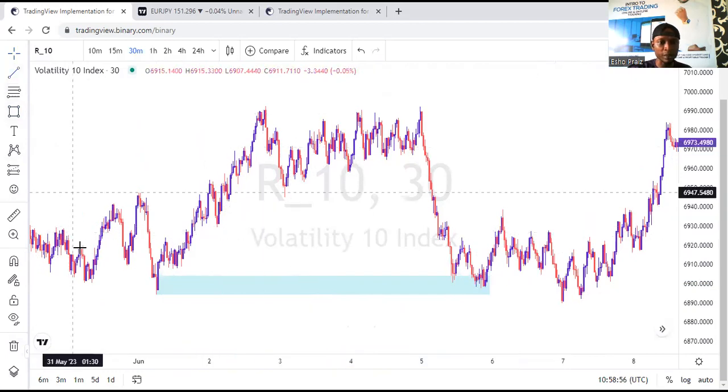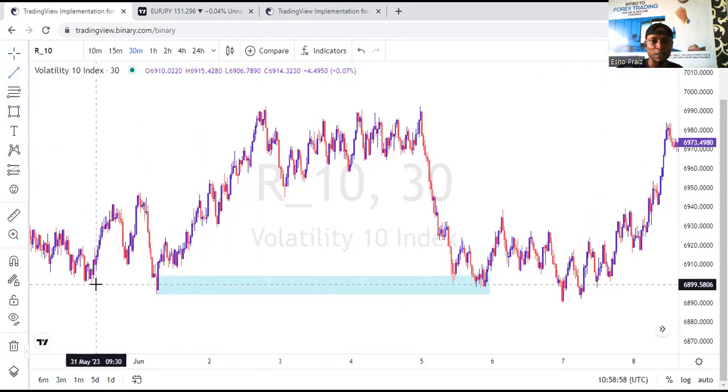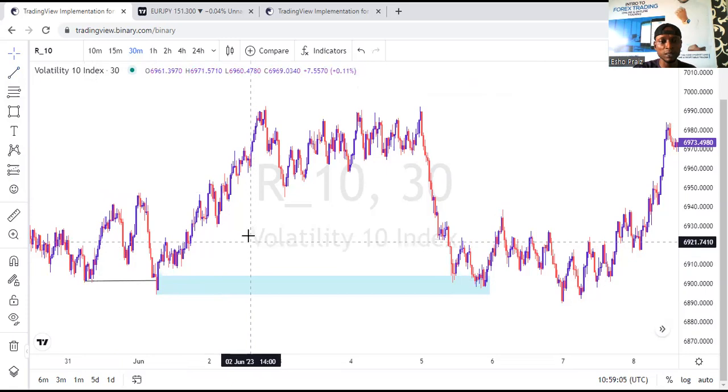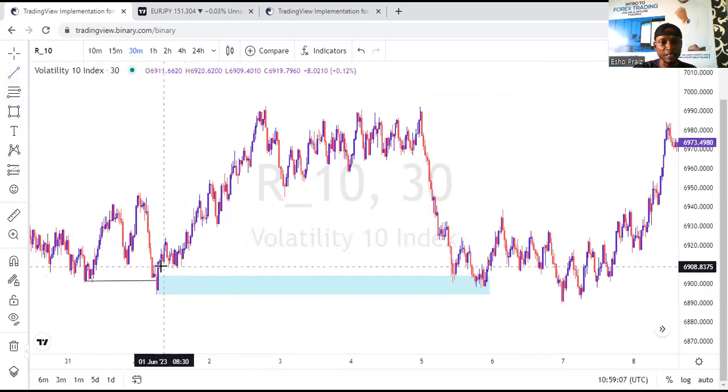And also the order block, what are the criteria that make the order block valid? Number one, it swept the liquidity right at this point. It swept liquidity, and also it has an inducement. You can see this pullback is an inducement, right? You can also tag it as liquidity, right? So here,